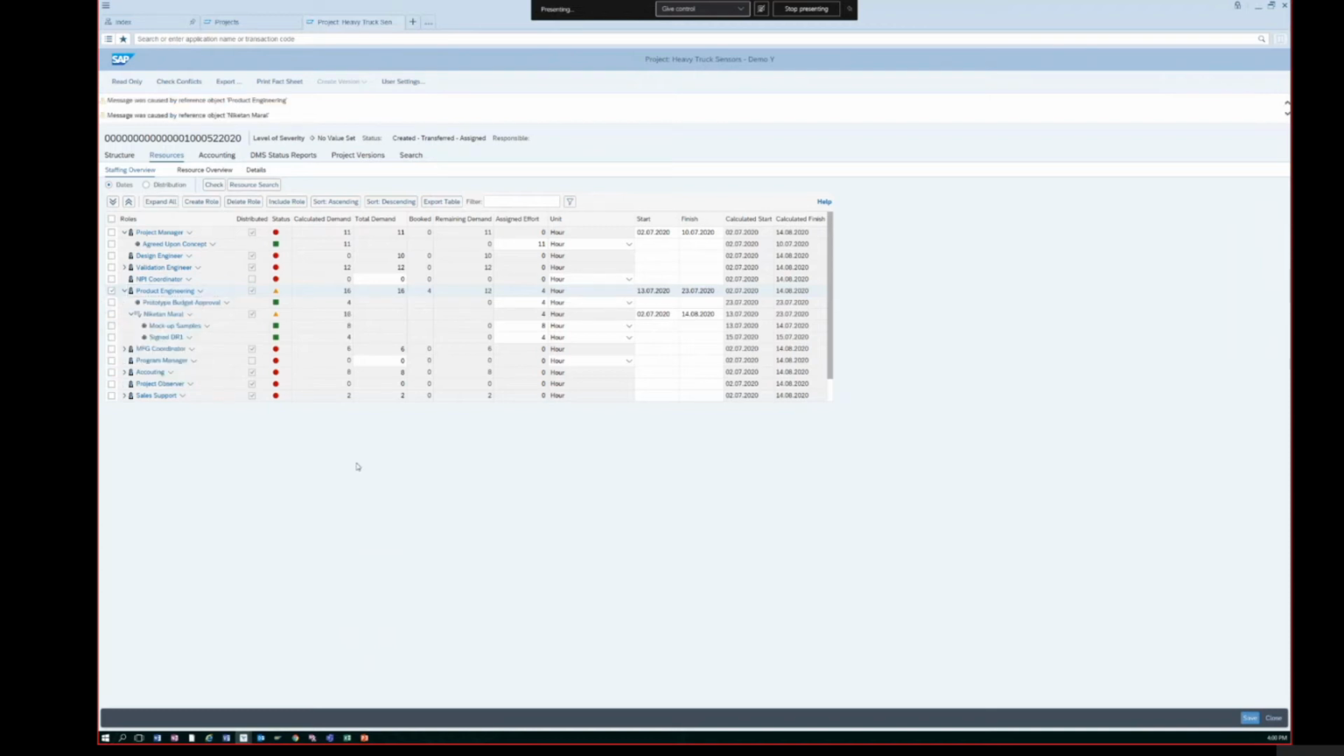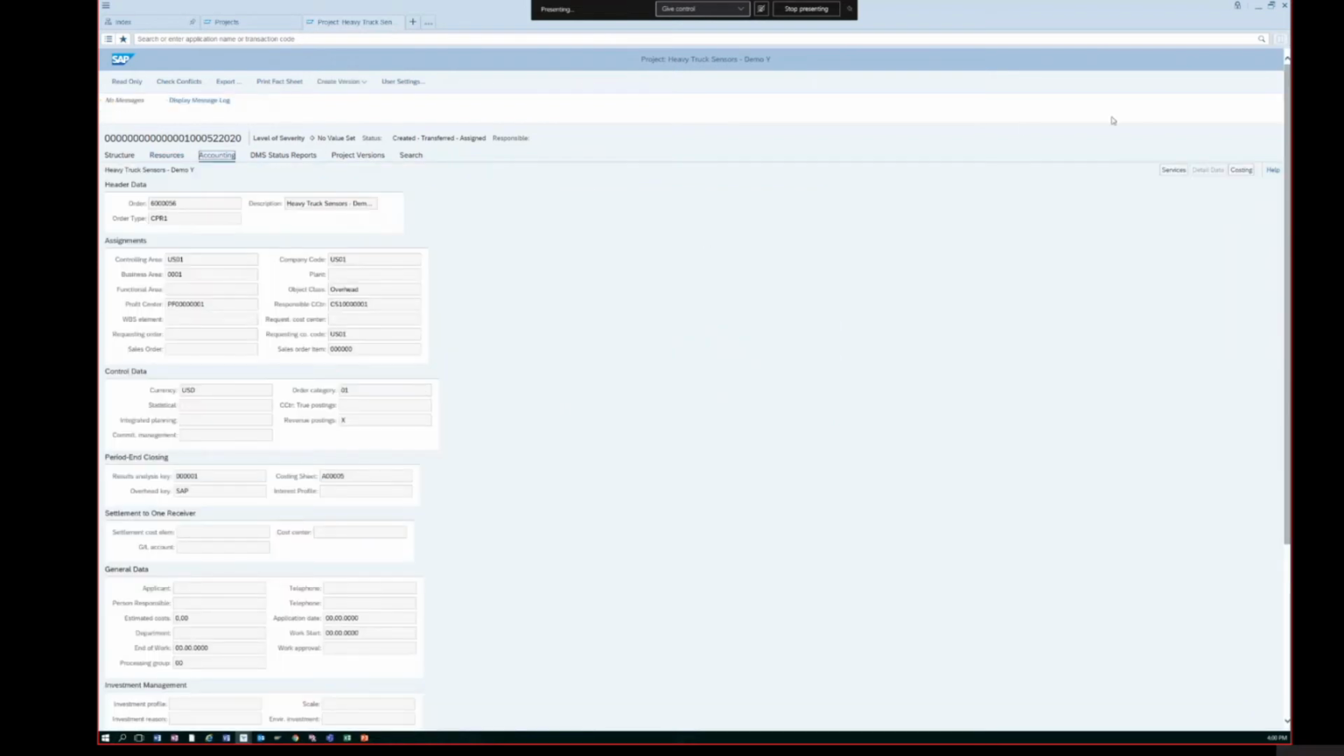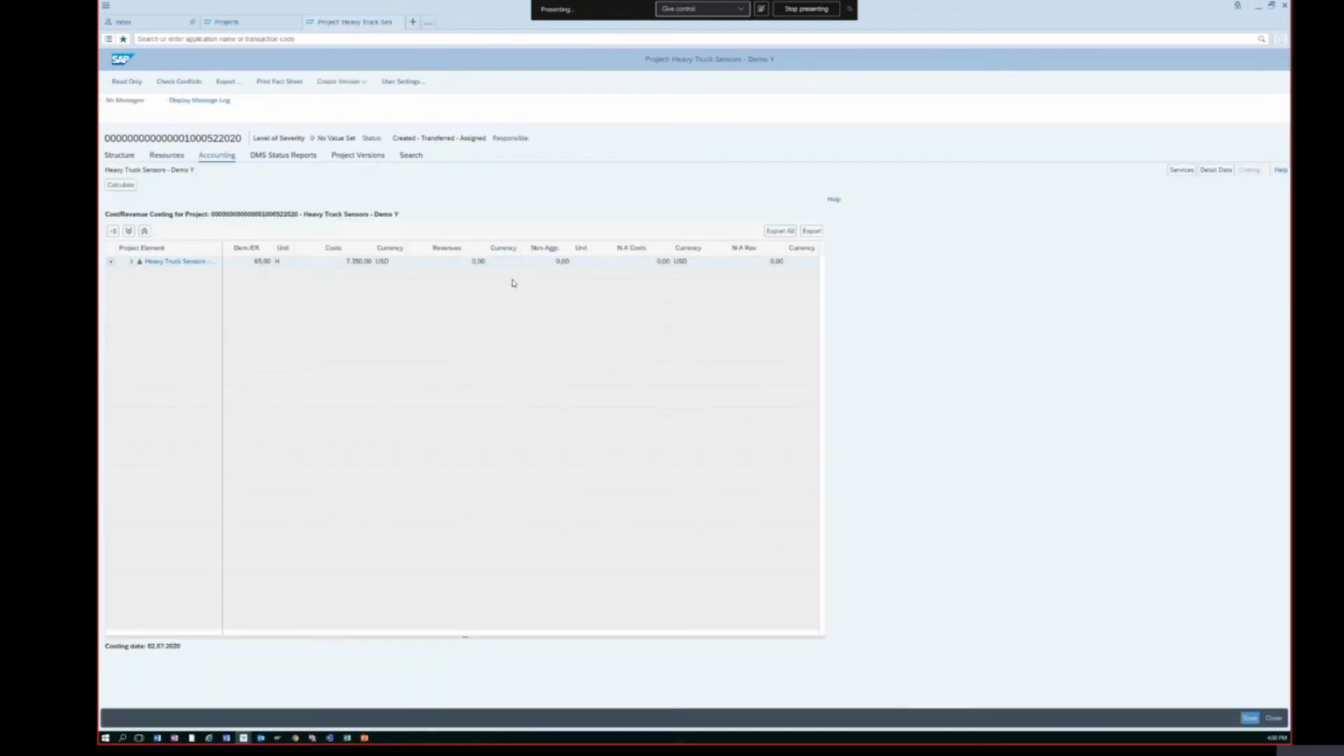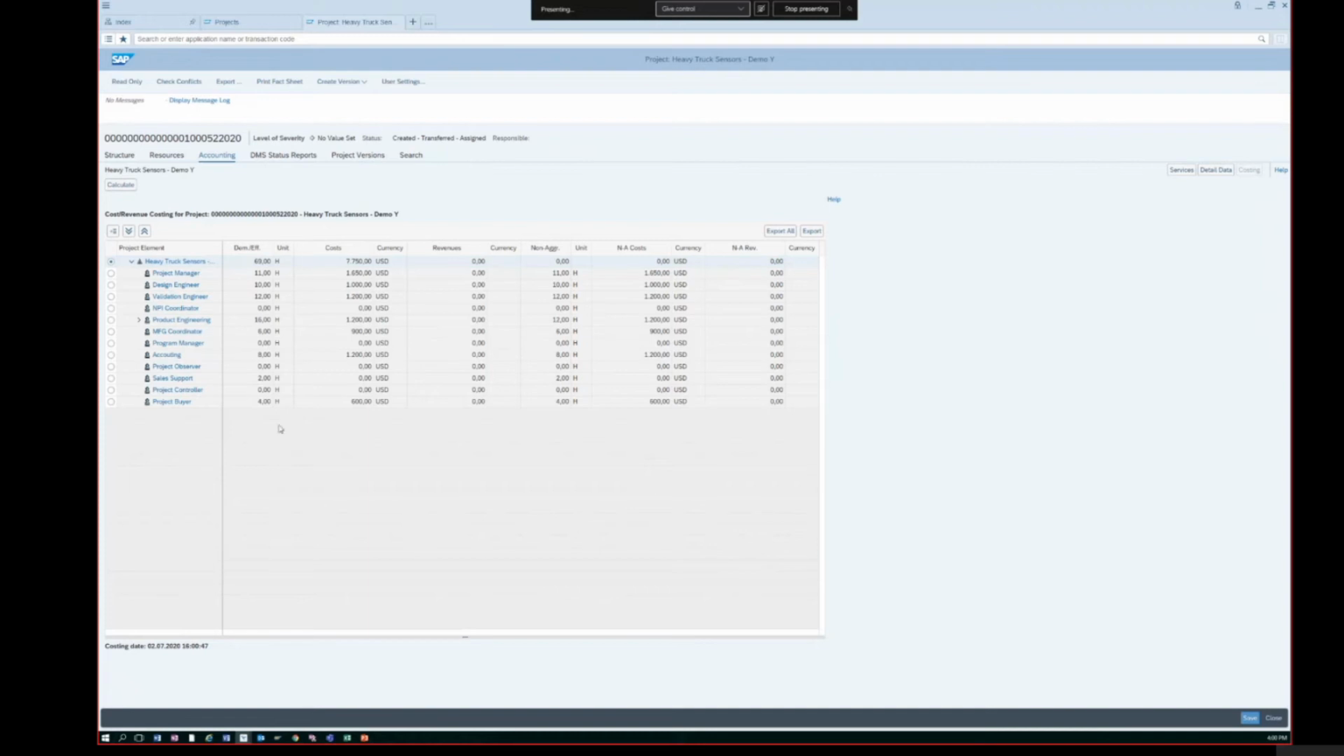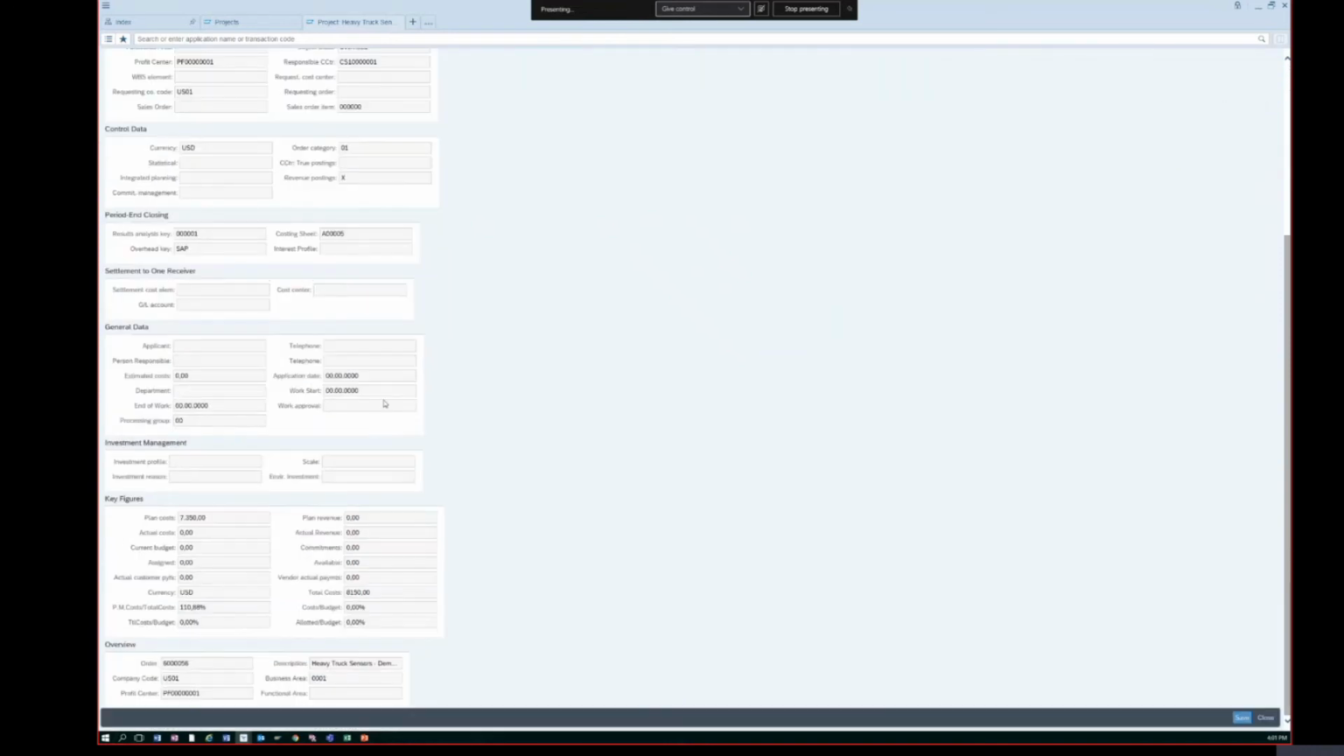Yeah, so let's see what happens in accounting. Go to my costing, calculate. Yep, so it recovered those costs. So now it's matching the grid rate. And if I go back now to detailed data,